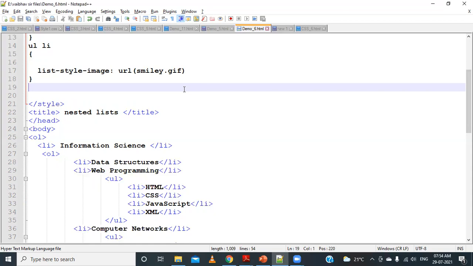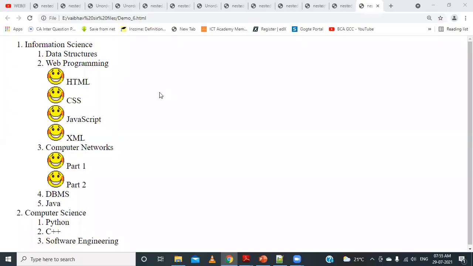Now we will be discussing how we can apply this for the ordered lists, which we will study now. For the ordered list, we can observe that by default it will start with decimal numbers like 1, 2, 3, 4, and so on. Now if I want to change this, instead of 1, 2, 3, I want to make it alphabetical order, or in Roman letters, or lowercase letters or uppercase letters, I can do that.